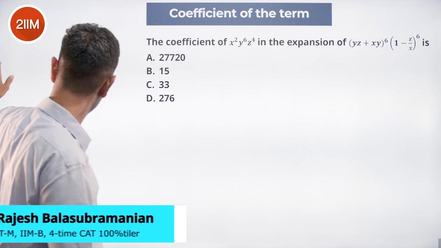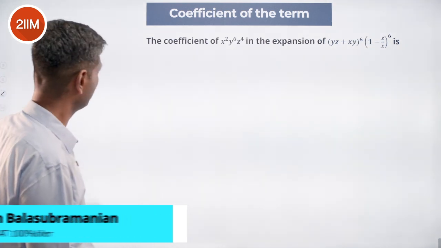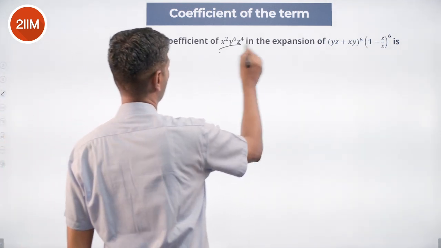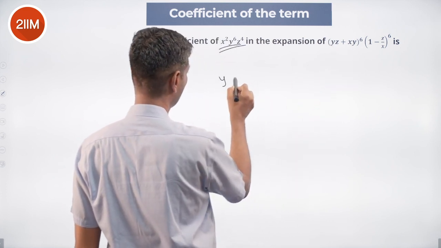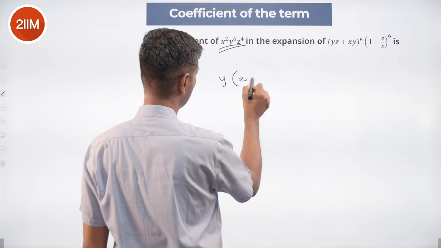Let's attack this step by step. Beautiful question, they said. What is the coefficient of this giant thing here? To start with, it's a yz plus xy. You can extract a y into z plus x